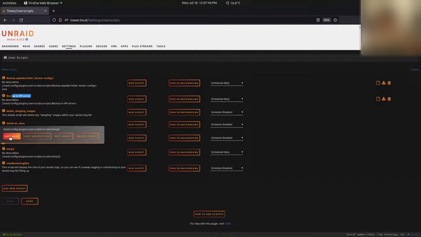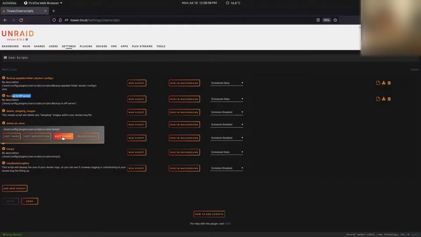And you can either edit the name. Note that this doesn't change the name as of July 2022. It doesn't change the name in the actual directory, the actual file name. So it can be quite confusing. So it's kind of important to get the name correct. They might fix that or change it or something like that. I don't really know what's going on there, but yeah. You can add a little description